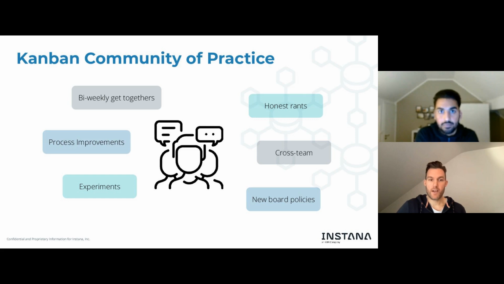Because nobody, as we started with this, had any idea about Kanban. Maybe you've heard the term. You knew it is about limiting work in progress, but that's all. But in this community of practice, it's about learning from each other, talking about each other's experiments and seeing how things work out for other teams and improving the overall process.